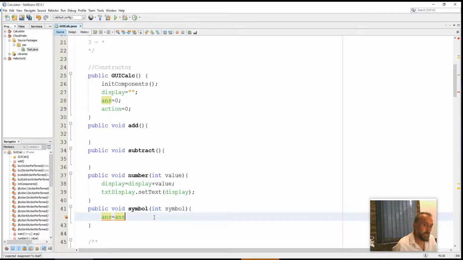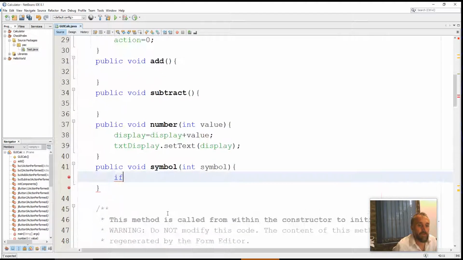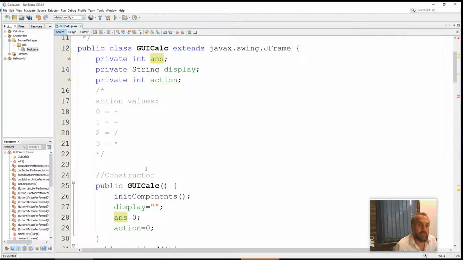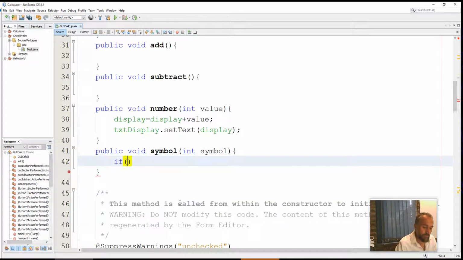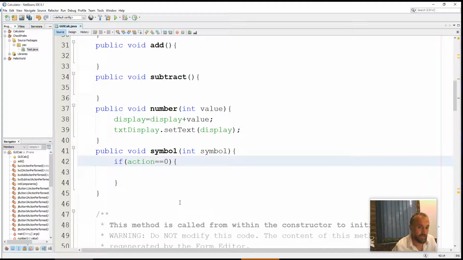Now, here's the big thing. This is going to be an if statement. Now, an if, this is also new. So we have to look at what the action is. So if the action, now in Java, to compare something, you use two equals. So if the action was 0, which means it's a plus, that's addition, then we would